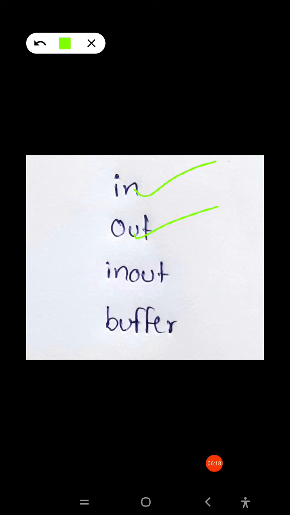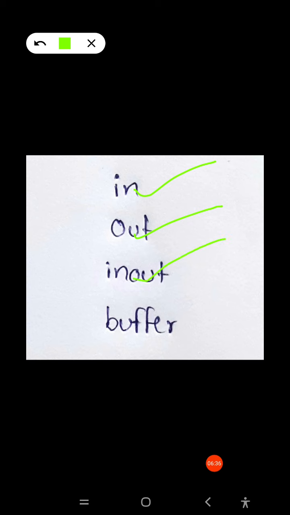Next, out. It is used for a unidirectional output signal, that is, for a signal which is output from an entity.